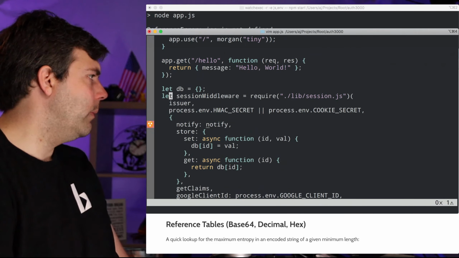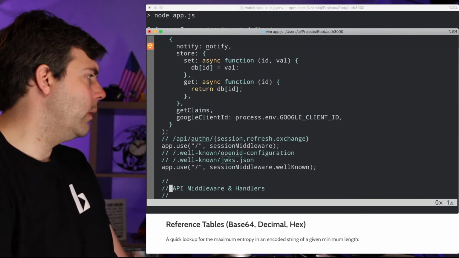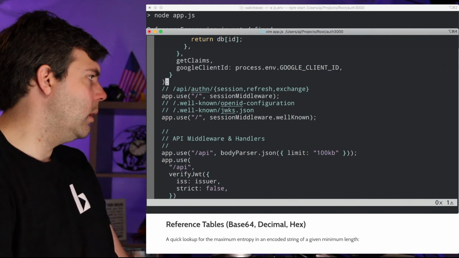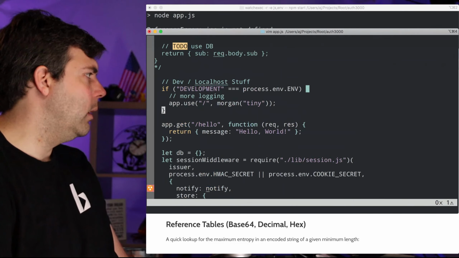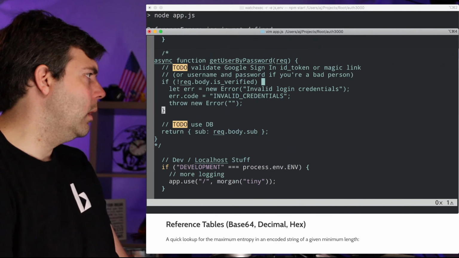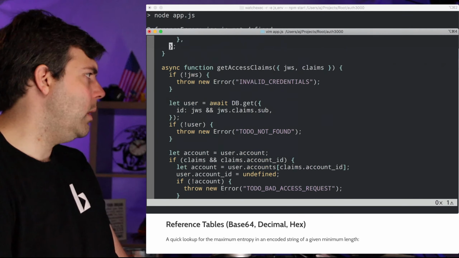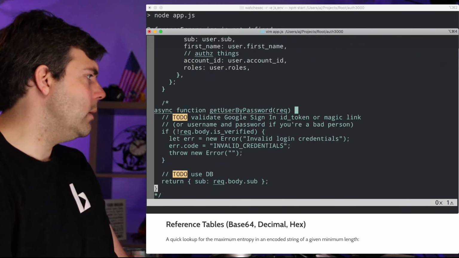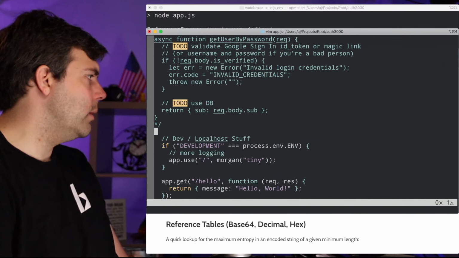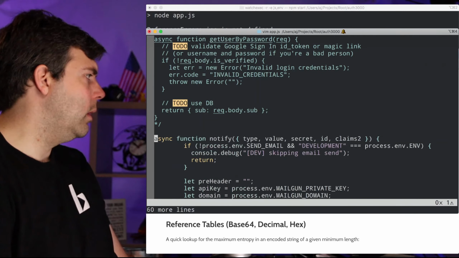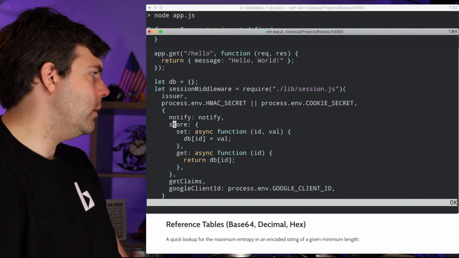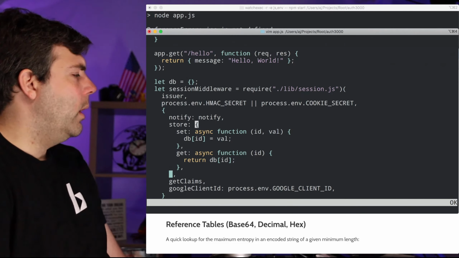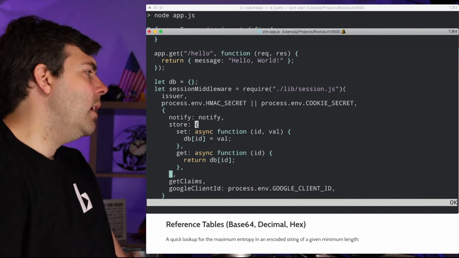Or maybe I won't. Let's see, middleware. I think I'll put it above. I will put it above. Let's see. Do we have any app.uses here? No. Okay, this is all the helper functions that are of the right type, it seems. So yeah, let's go ahead and move that there. Notify, notify, store. Okay, the store is something that I think